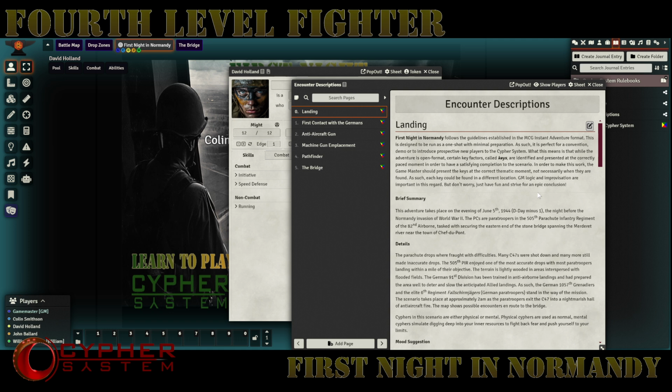This adventure takes place on the evening of June 5th, 1944. This is D-Day minus 1, the evening before the D-Day invasions. You are all paratroopers in the 505 Parachute Infantry Regiment of the 82nd Airborne, tasked with securing the eastern end of the stone bridge spanning the Merderet River near the town of Chef du